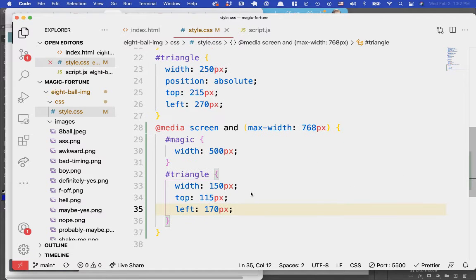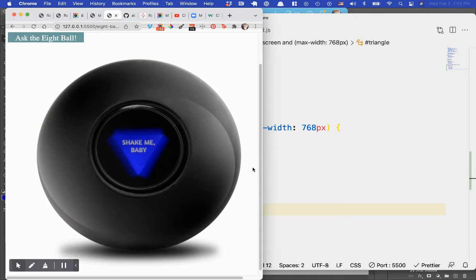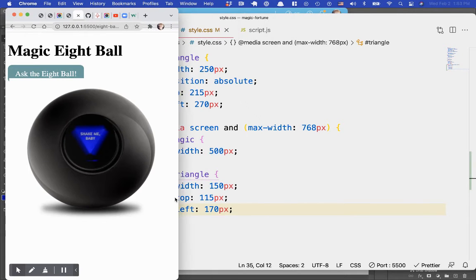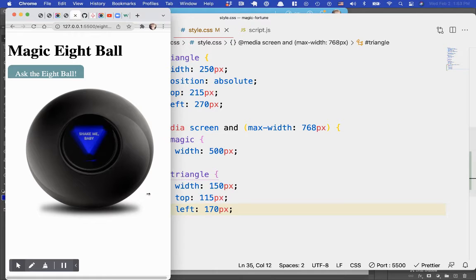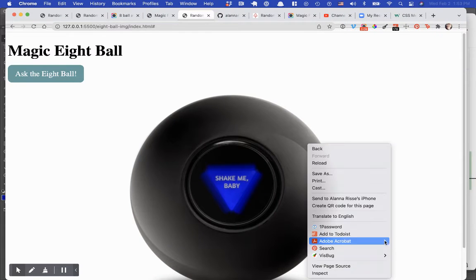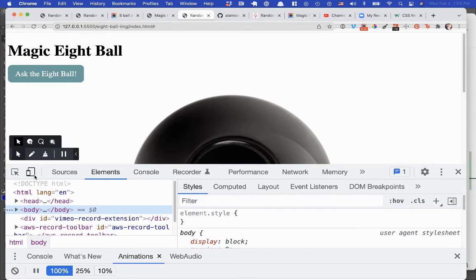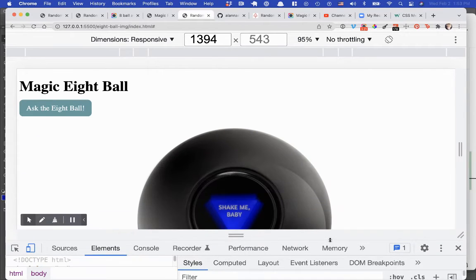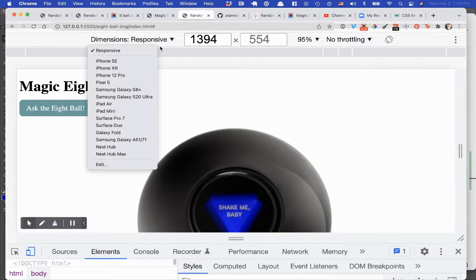All right, so let's see if I did this successfully. If I shrink it down, there we go. So we've got a smaller 8-ball. And hopefully this will suit us on mobile. But if we want to check it out, if you right click on your screen and go to inspect, there's a very handy little tool right here, which will show you different screens. So I can choose up here,